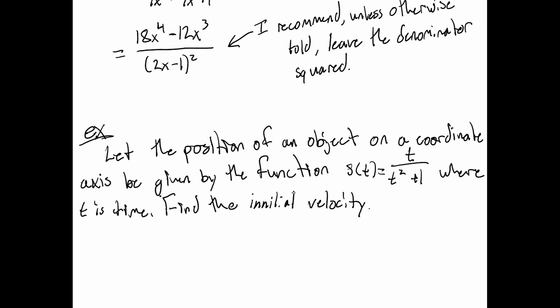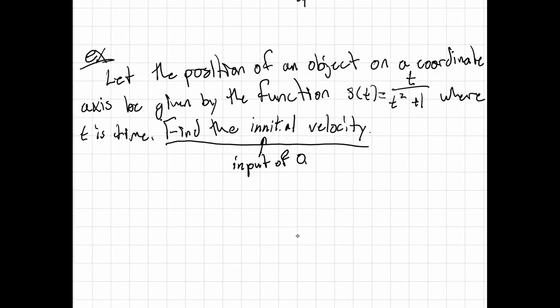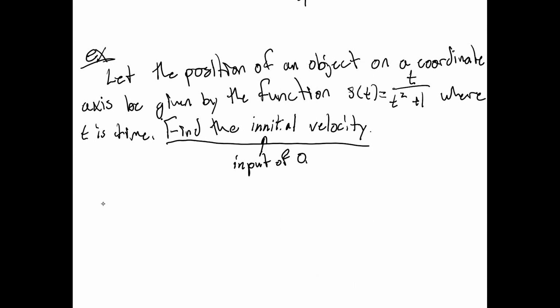Okay. So, first of all, what does this mean? What is this? So, initial just means at, right? Input of 0. So this whole question is to simply find